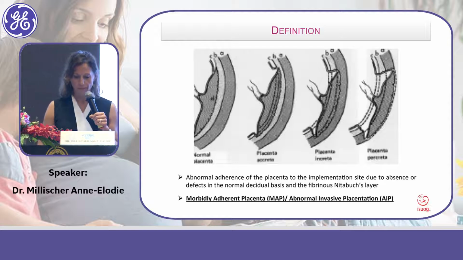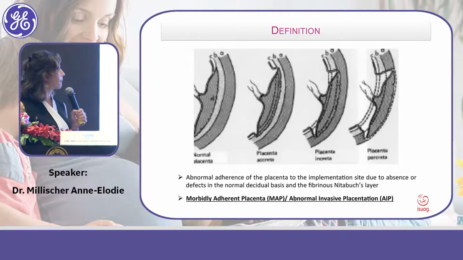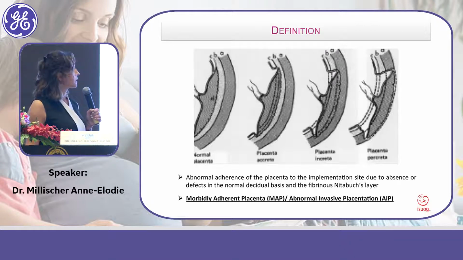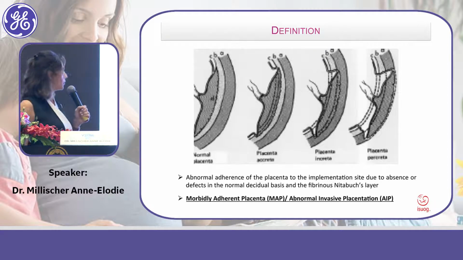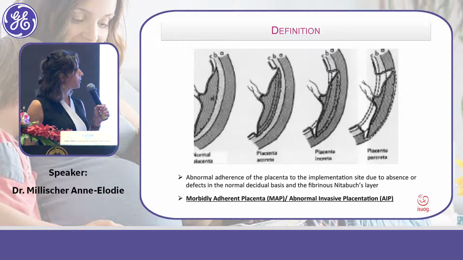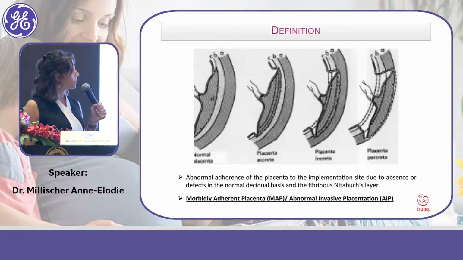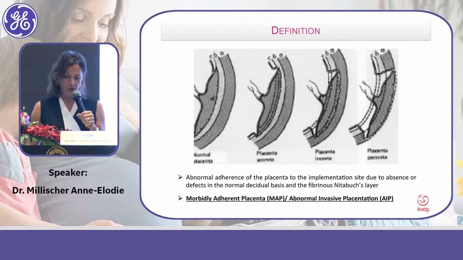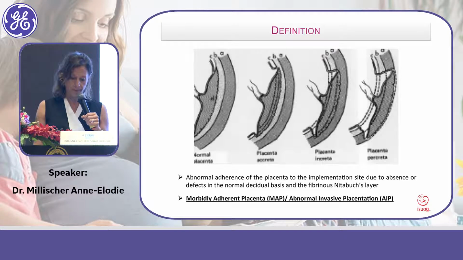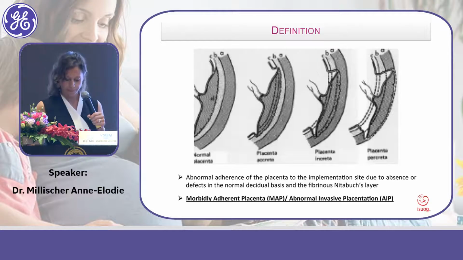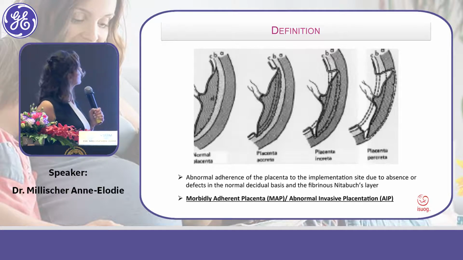Cái thể đầu tiên là Accreta là nó sẽ bám qua cái lớp nội mạc, rồi sau đến cái thể thứ hai là cái thể Increta, nó sẽ bám tới lớp cơ và có thể gần tới cái thanh mạc luôn. And placenta percreta is the most severe form of the MAP, means that the placenta going through the myometrium and cross the serosa in order to invade other organs, and the most frequent organ which is invaded is the bladder. Và cái thể nặng nhất trong cái nhau bám chặt đó là cái thể Percreta, nó sẽ xâm lấn vào cái lớp thanh mạc và xâm lấn ra tới các cơ quan khác, và thường là sẽ xâm lấn tới bàng quang.